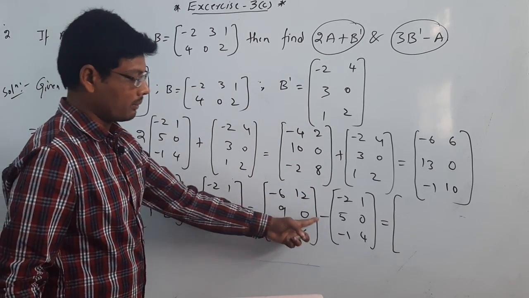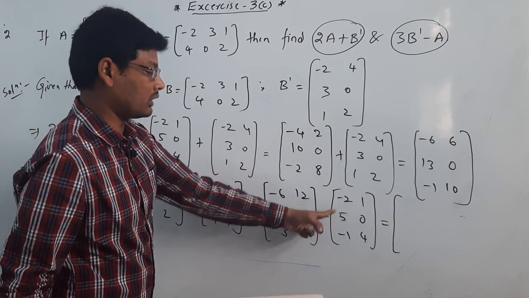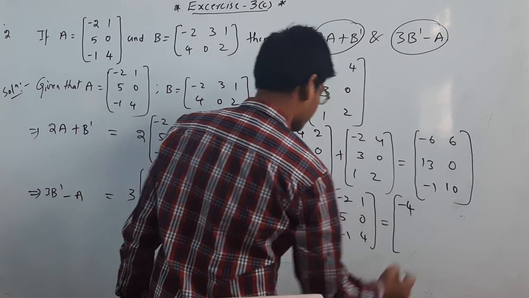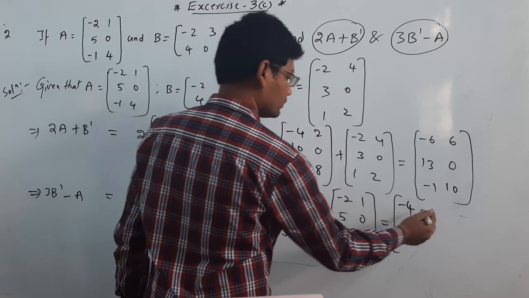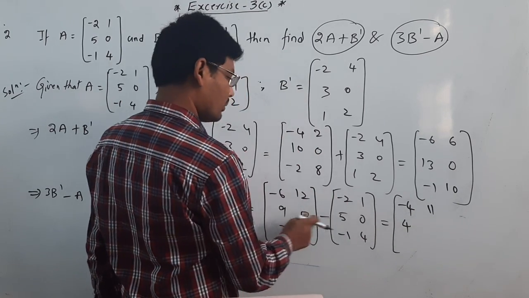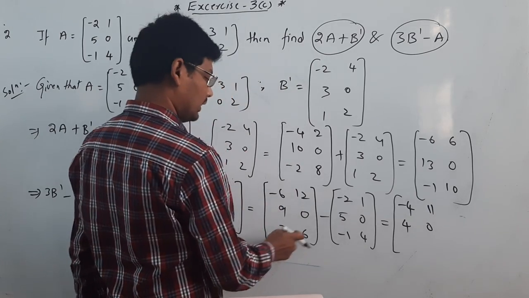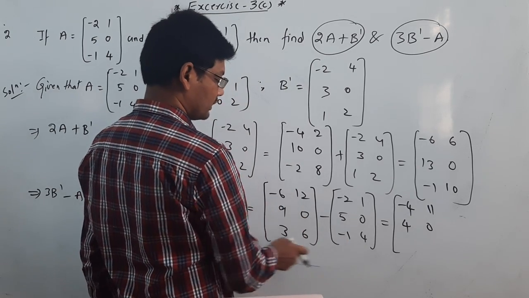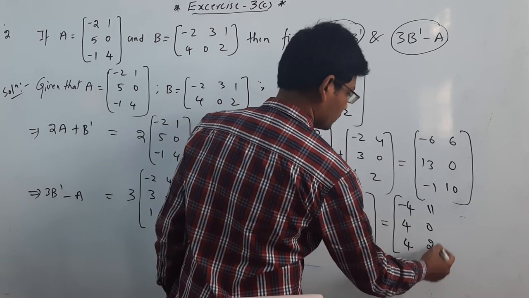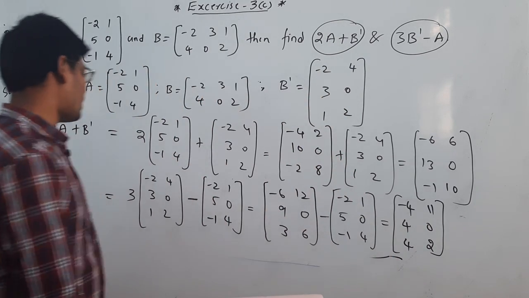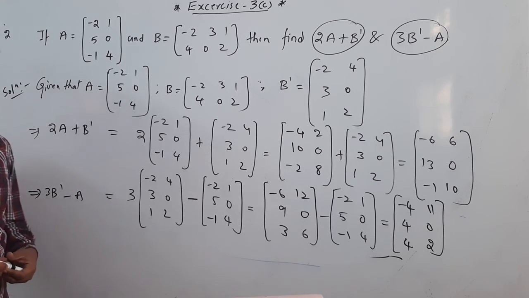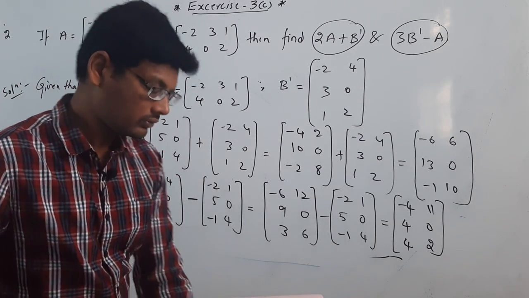Minus 6, minus into minus becomes plus, 6 plus 2, minus 6 plus 2 will give minus 4 here, and 12 minus 1 is 11, 9 minus 5 is 4, 0 minus 0 is 0, and 3 minus into minus becomes plus 1, 3 plus 1 is 4 again, and 6 minus 4 is 2. This is the value of 3B dash minus A. This is all about the second question, and the next question is